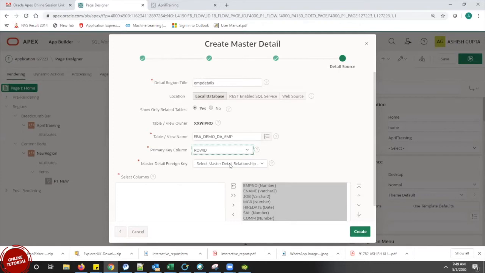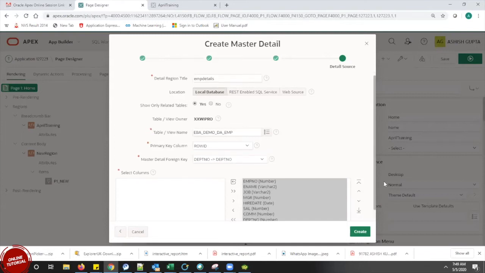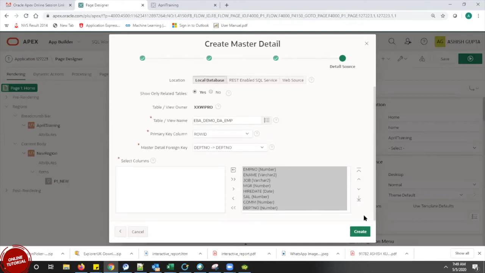Once I click over here, you can see department number is linked to the department number. That means the department number of the department table is going to link to the department number of the EMP table. This is what my relationship means. So I click on OK. Now all these columns I have selected, and create.